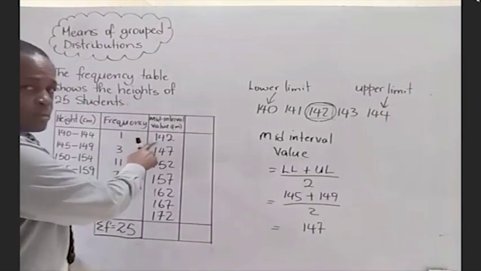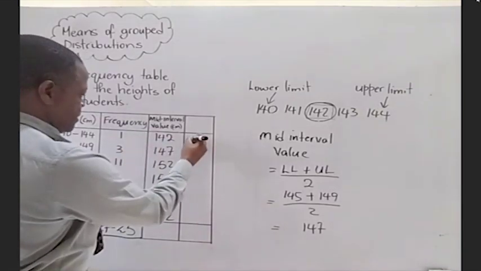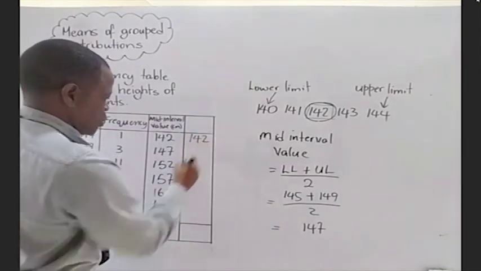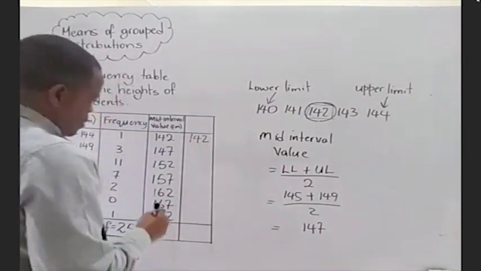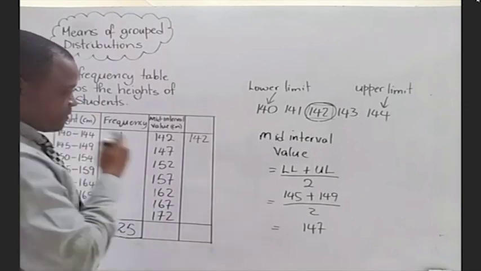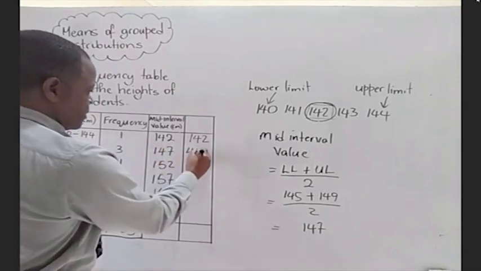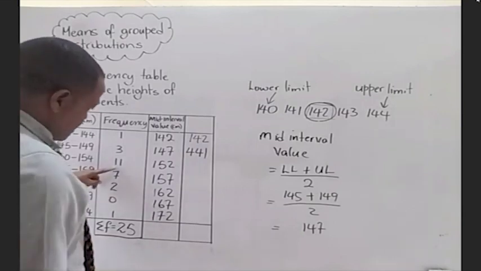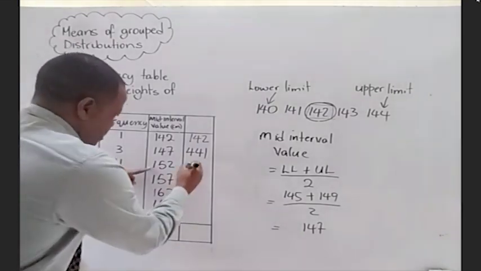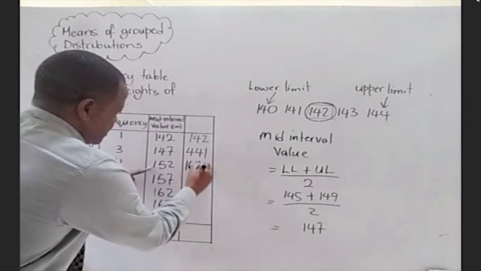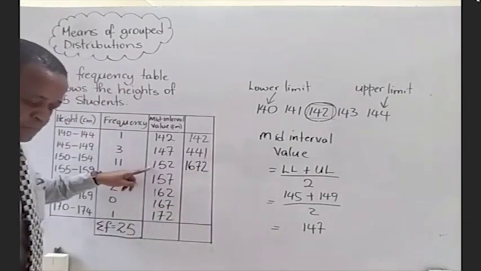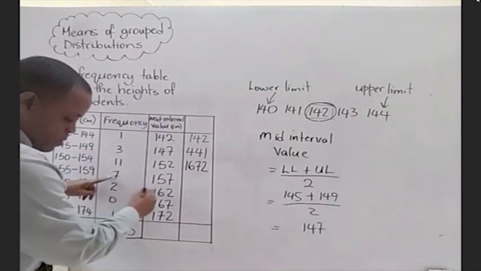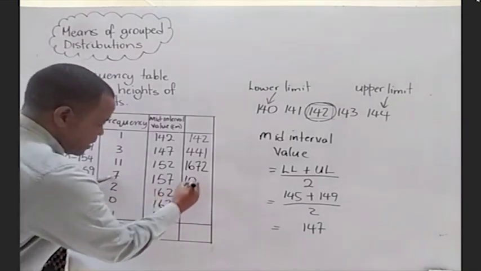Now, 1 times 142 will give me 142. 3 times 147 will give me 441. 11 times 152 will end up giving me 1672. 7 times 157 will end up giving me 10